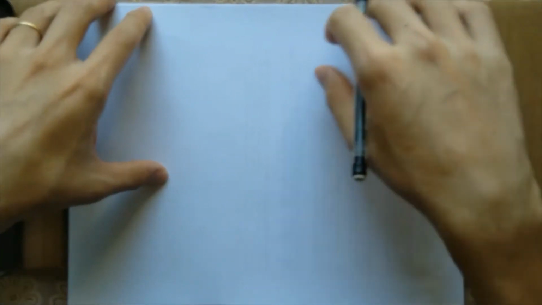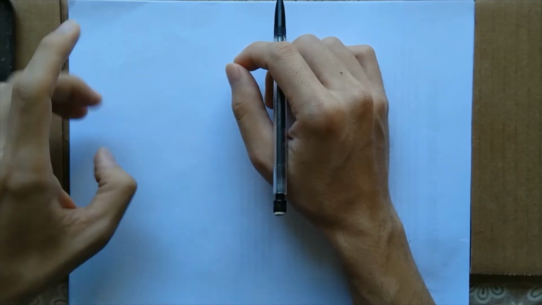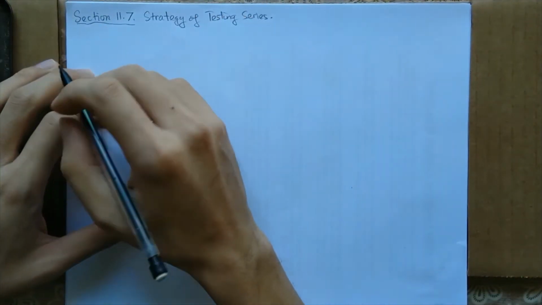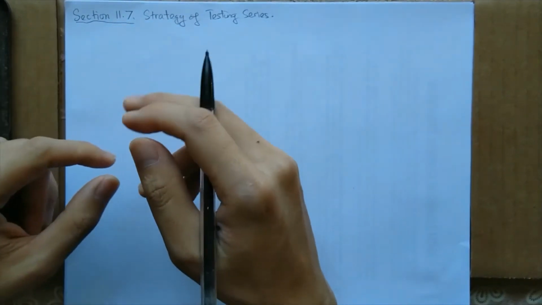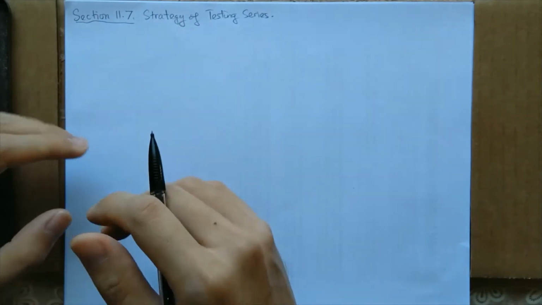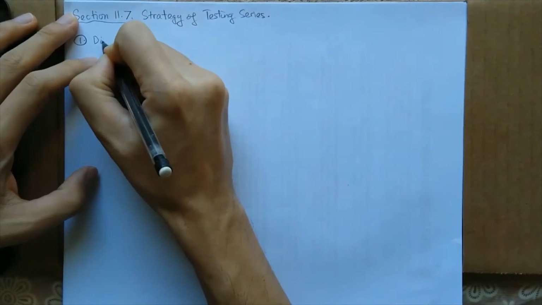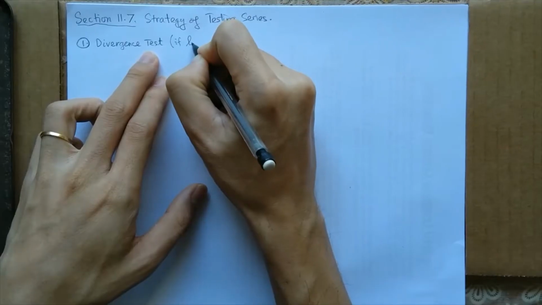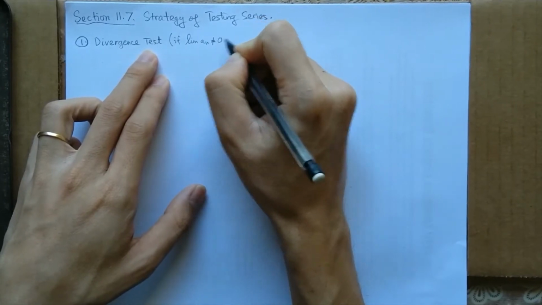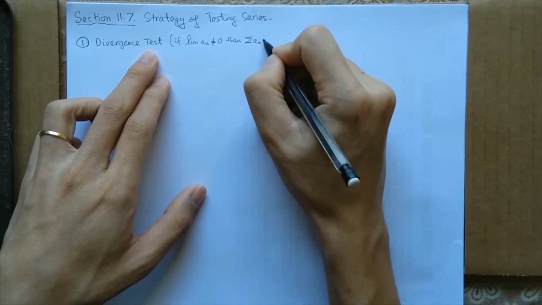Today I'm going to have an overall review on how to test the convergence of a given series. Based on my experience, here are the chronological orders of the things that you need to think about when you see a series. So first of all, think about the divergence test, the test of divergence. If the limit of an is not 0, then sigma an is